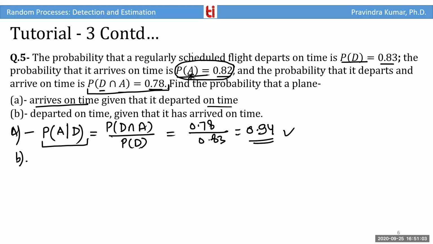अगर आपको अराइव होने की प्रोबेबिलिटी पता है, डिपार्चर की तो नहीं पता है, लेकिन मुझे अभी ये पता है कि फ्लाइट ऑन टाइम डिपार्टेड है। So if it is departed on time, I have to find out it arrives on time. So मेरे पास एक्स्ट्रा इंफॉर्मेशन ये गिवन है पहले से।